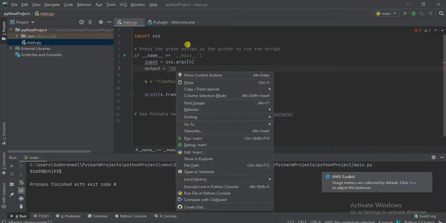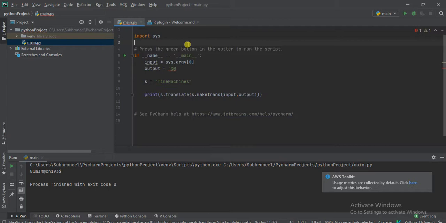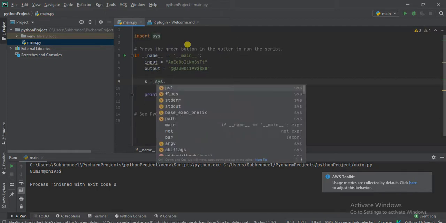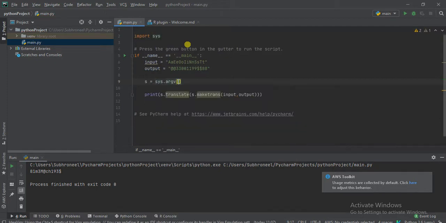Sorry, I think I have made some mistake. This will be just as it is. Now here sys.argv[0] will replace the hard-coded password which I had set. Let us save this.